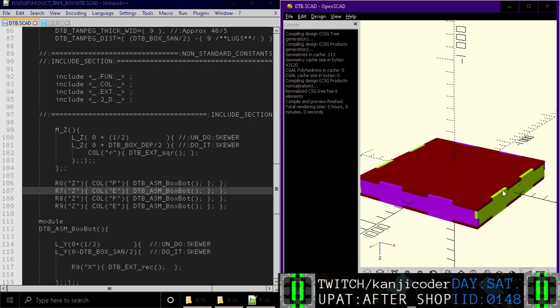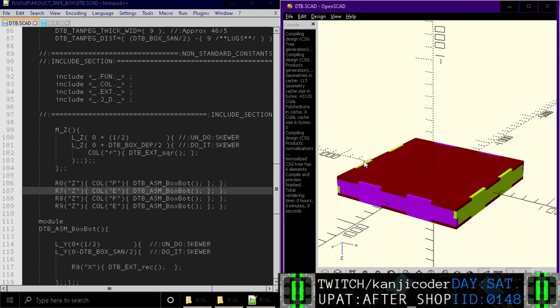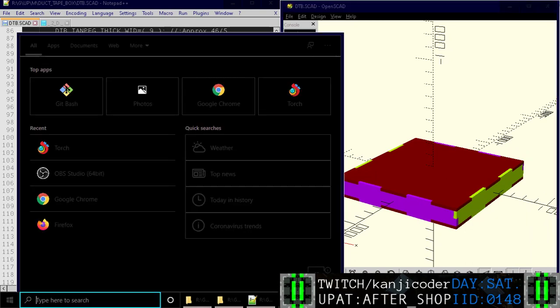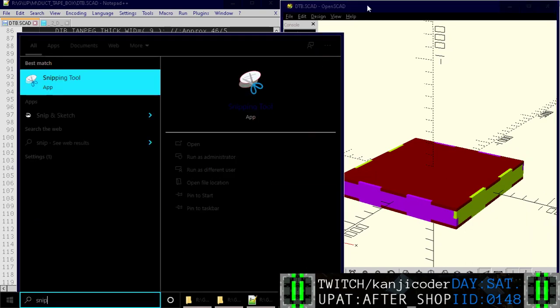So I think that would work. I think that's enough of a screenshot where, if I was to look at that, I would be able to fully recreate what's going on. So what we're going to do is snip this. Oh, actually, before we snip this,